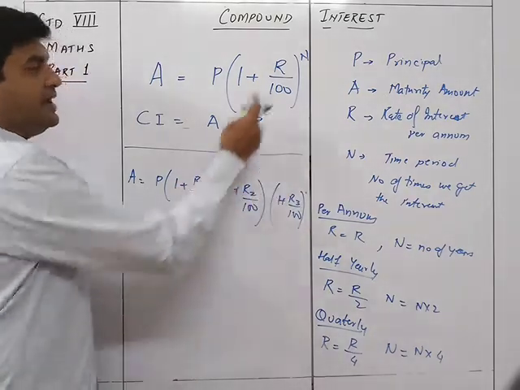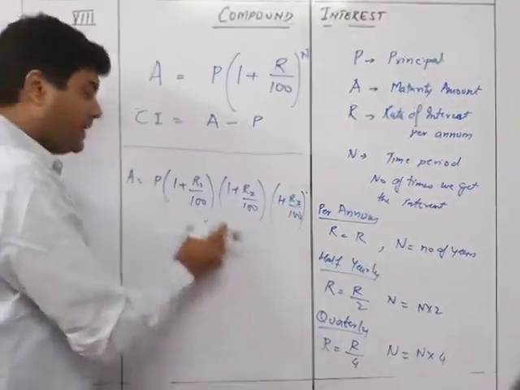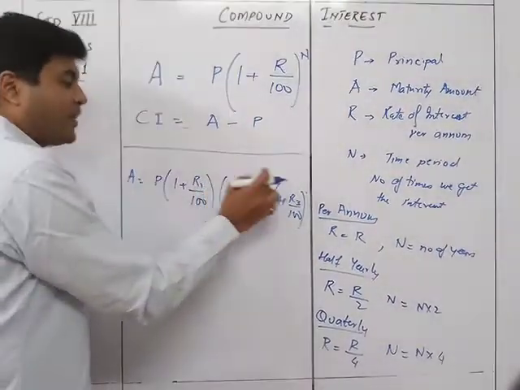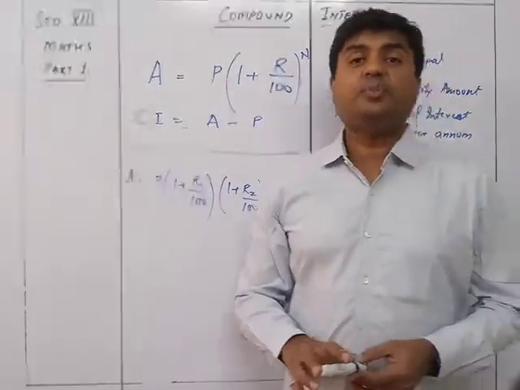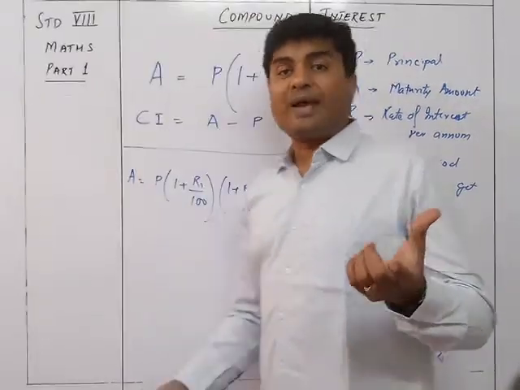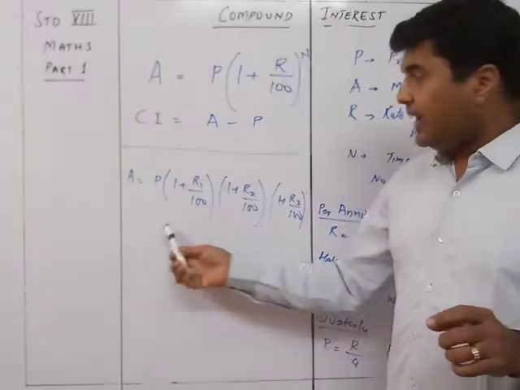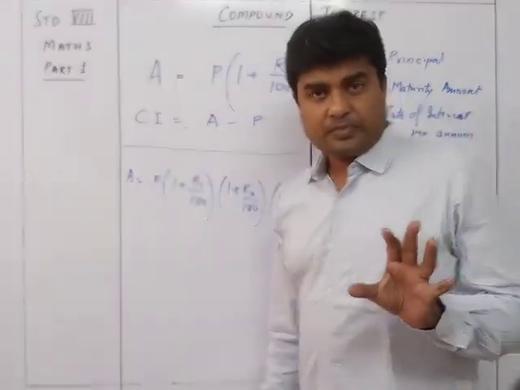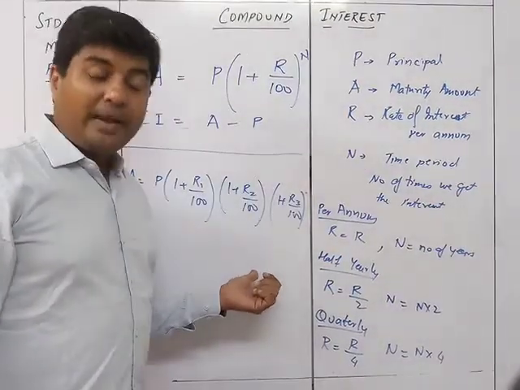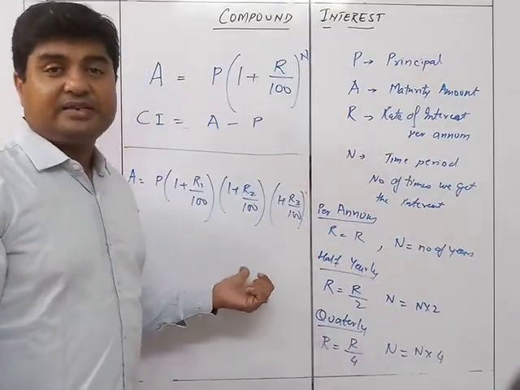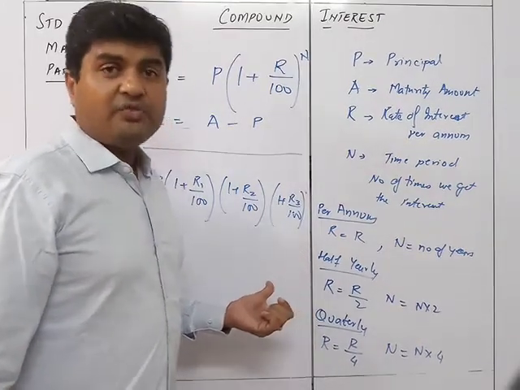See, अगर ये स्क्वायर होता तो हम लोग 2 बार लिखते हैं, क्यूब होता तो 3 बार लिखते हैं, तो उसके बाद हम लोग क्या करें, हर एक टाइम अलग अलग लिखते हैं, because these values of R1, R2 and R3 are different. So if I am going to have the rate of interest different for different years, then I am going to calculate them separately for each and every year. इस तरह से करेंगे, and you are going to find out the answer, right? So that is the value when the rate of interest is different for successive years.